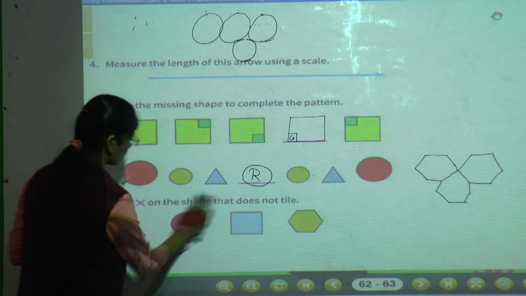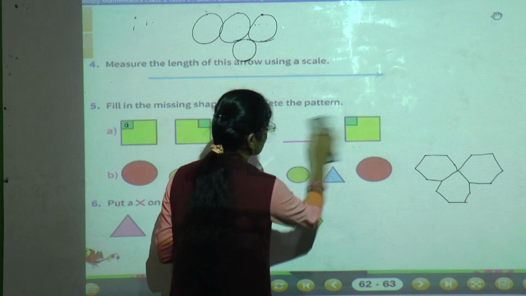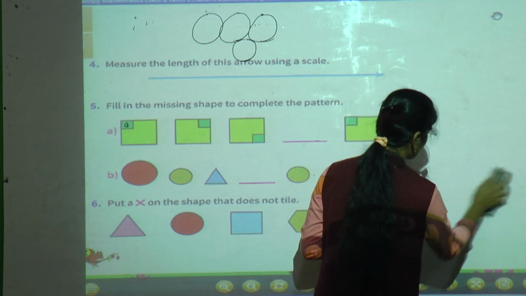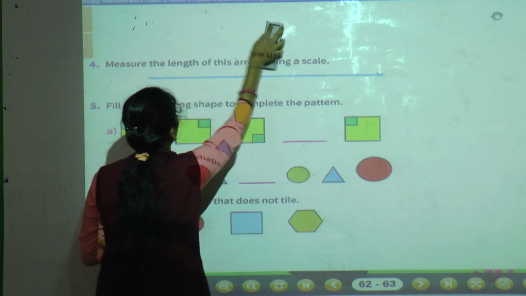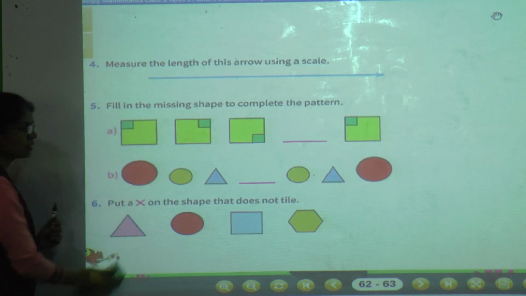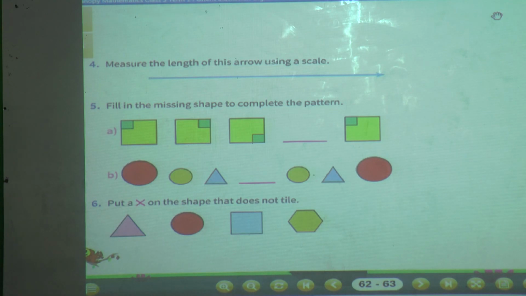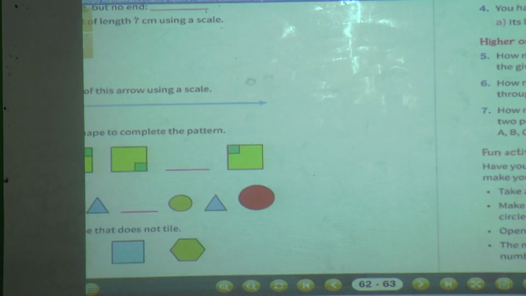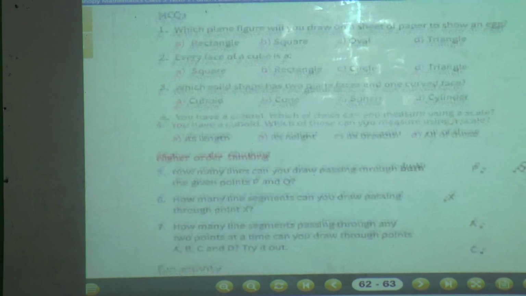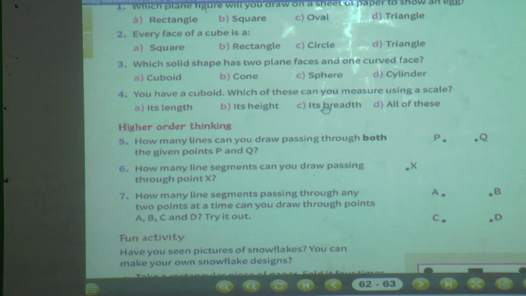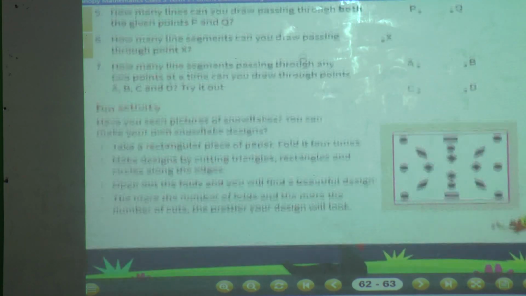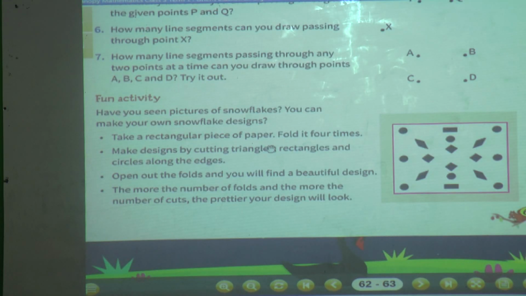Now students, turn the page and see the next page. There is mathematics B, and in that mathematics B some objective questions are there that you have to solve on your own. It is very easy, only MCQs are there. Now here one activity is there for you. I'll show you that activity. What activity do you have to do?